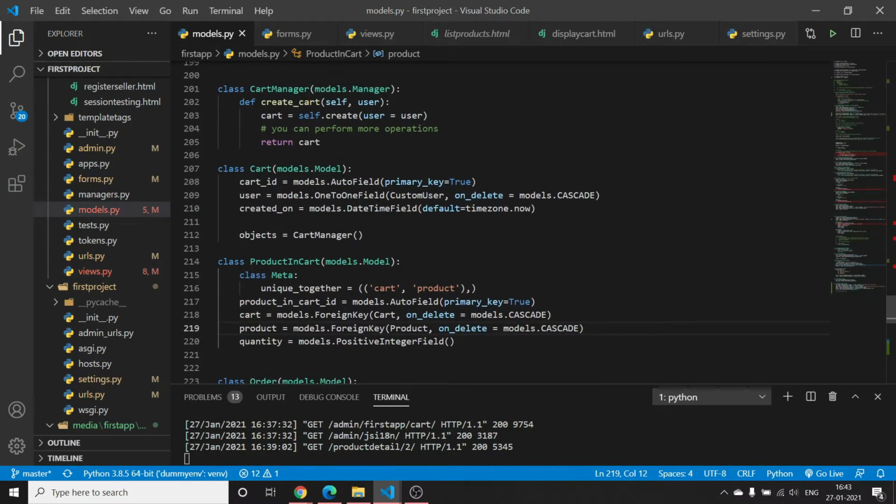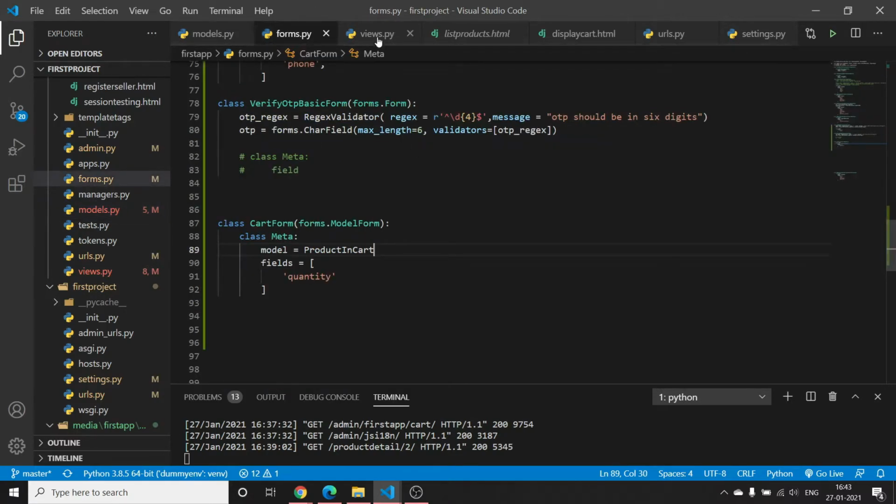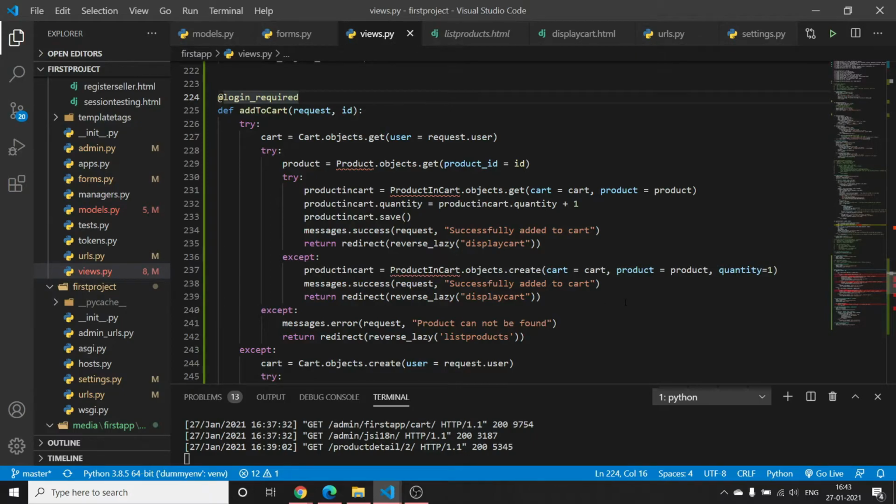In the cart model we have a one-to-one field to the custom user. So for a particular user, only one cart record can exist. Okay, so that's why we don't have to create a separate record for the cart. What we will do is, we just create the cart the first time he hits the add to cart button, and then we will just add the new items which he wants to put in the cart, and remove them if he wants to delete them from the cart system.